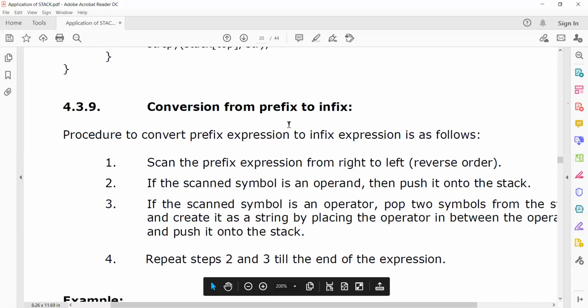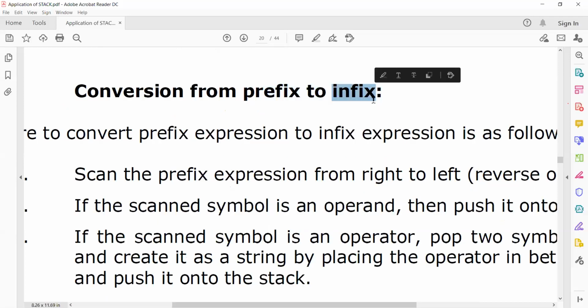Next is prefix to infix. From the name itself, we can tell. I'm going to convert to infix, so infix means you have to append opening parenthesis and close parenthesis. That's it.